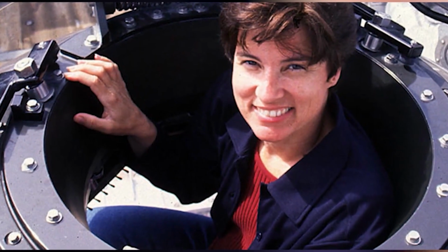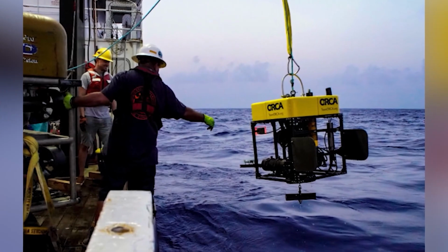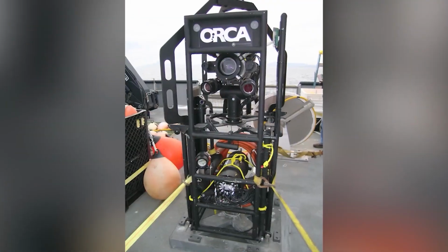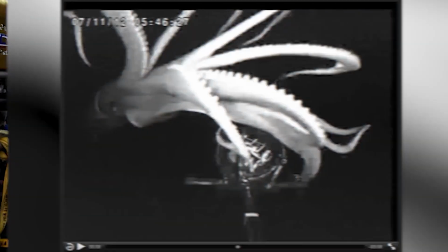A few years later, in 2012, scientists hit the jackpot. Kubodera once again traveled back to Japan, now with deep sea explorer Edith Widder and Dr. Steve O'Shea, armed with their secret weapon, Medusa. A special camera rig with a very clever name. Medusa uses a low-light strobe system to avoid scaring the squid away. No boats, no motors, no loud noises, no submarines. Nice and quiet. They dropped Medusa to about 700 meters and captured a massive giant squid for the very first